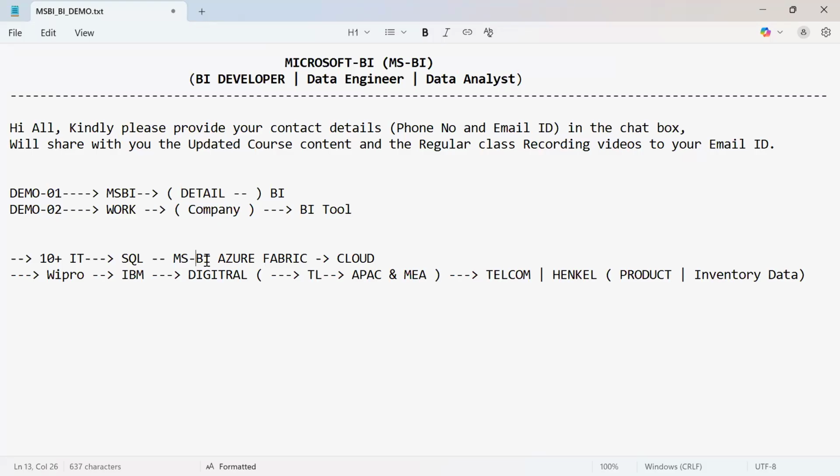Does anyone know what the multiple tools are inside MSBI? What are the components inside MSBI? You may have heard about this one. Maybe somebody referred you to go for MSBI. Maybe somebody told you there is a lot of opportunity in MSBI, please go for this course. Or maybe people are already working in MSBI in your company and you want to work in parallel on development. Whatever the reason you are here, you have to learn MSBI, right?